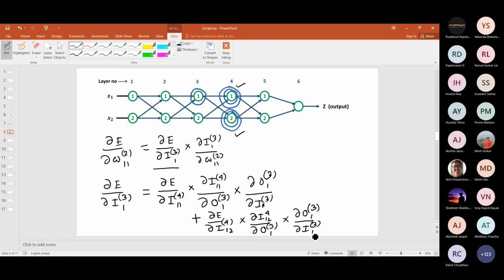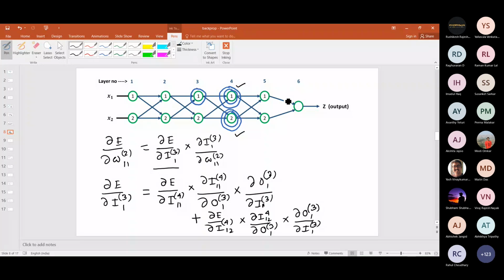Any question? Okay. So for example, if you have a network and in this particular layer there are 3 neurons, there will be 3 terms: something plus something plus something. So you have to consider all neurons, because this particular input is going to influence all neurons, and so on and so forth. My purpose is plain and simple: I am going to compute del E del I31 with respect to other neurons. If I compute that, then I can use that same formula to compute the influence of this neuron with respect to the other neurons and so on. So I need to come up with a recursive formula.